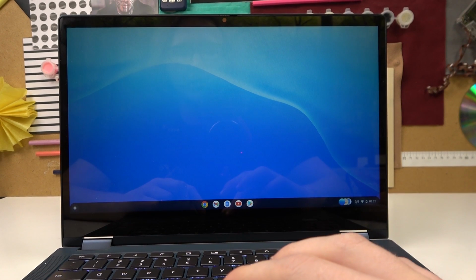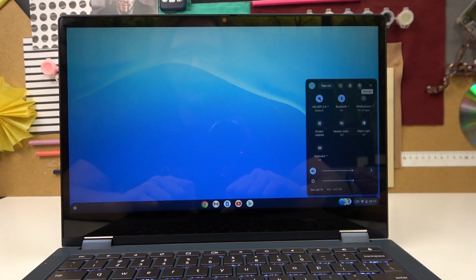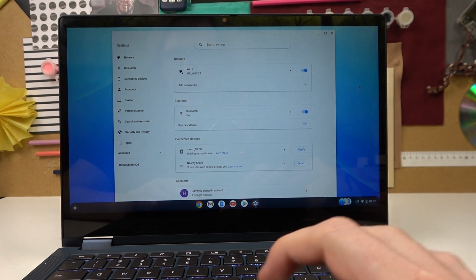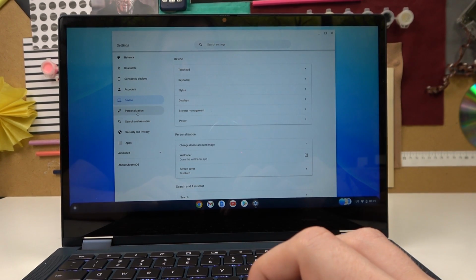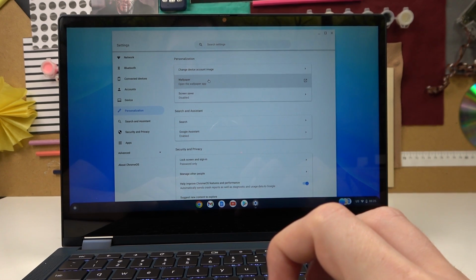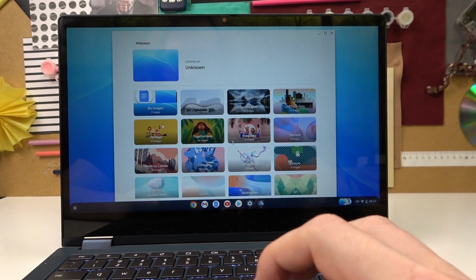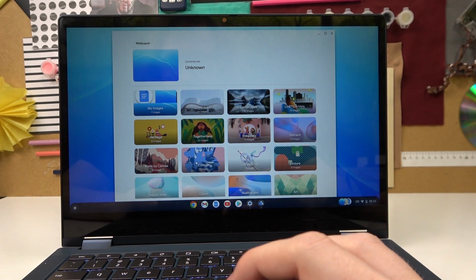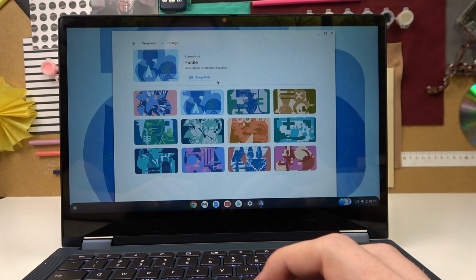So in order to do this, let's press on our time right here, then navigate to this gear icon, which is the settings. Now let's move to the device or personalization, and here we can find wallpaper. So click on it, that way you'll open a wallpaper app and you can pick whichever wallpaper you want to use now. So select the wallpaper,